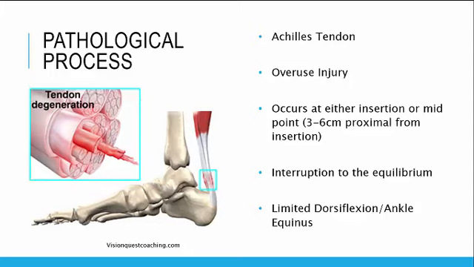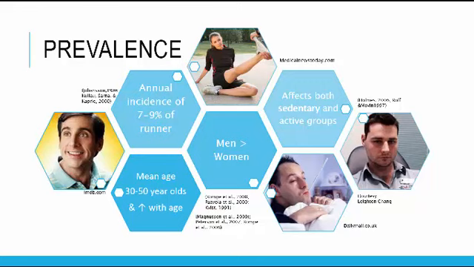and therefore increases the chance of developing Achilles tendinopathy. With a consensus of multiple studies, we found the rate of Achilles tendon rupture and tendinopathy reported to be annually 7 to 9% in runners. The condition affects both sedentary and active groups. The mean age is between 30 and 50 years, and there is also a rise in the prevalence with increasing age. We found that males are more prone to the pathology than females, however more research needs to be done